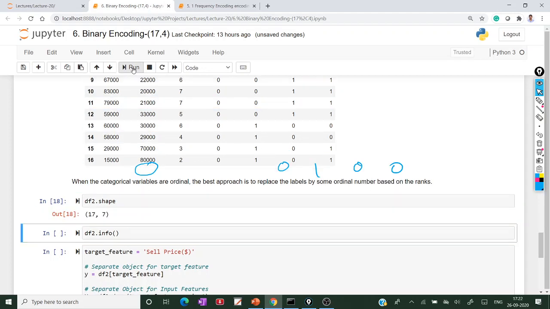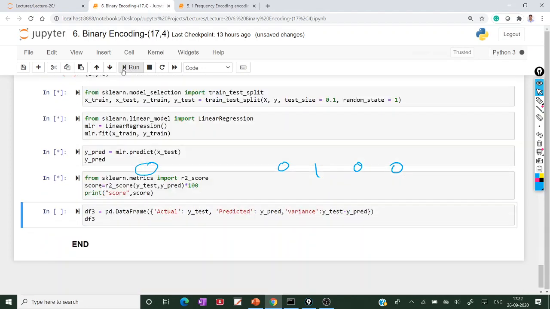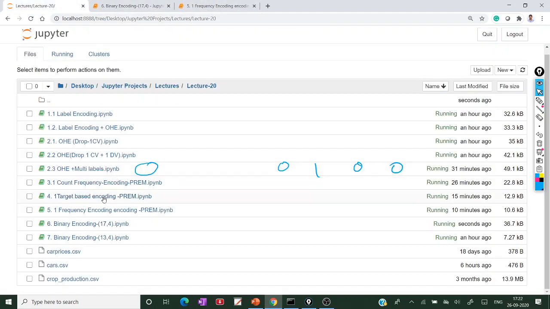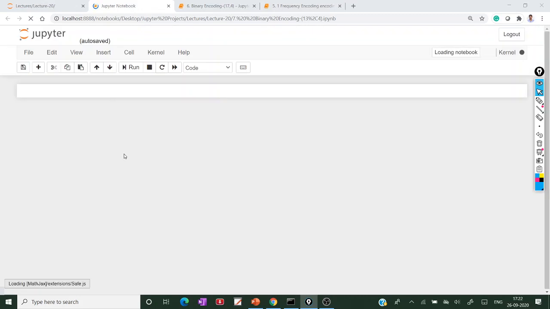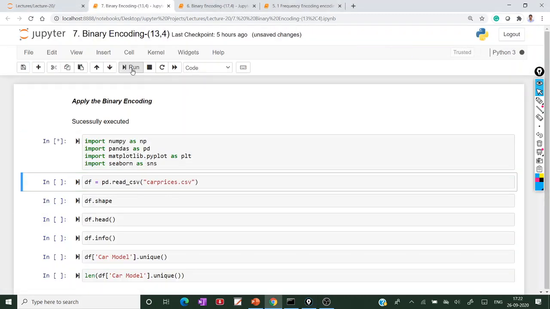So this is the data frame. I'm executing this on the same car prices data.